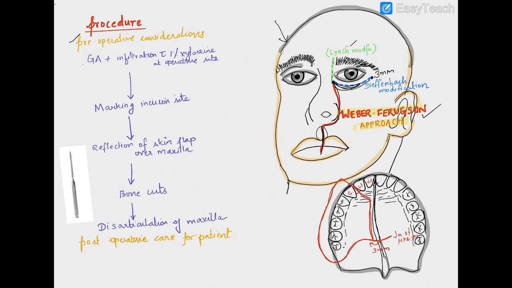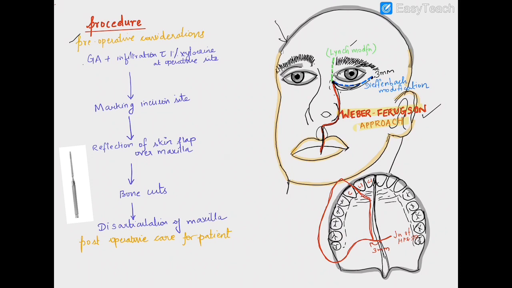Always getting the consent of the patient is very important because the surgery often leads to a lot of complications. The face is highly vascular, so there can be hemorrhage and bleeding. Sometimes there can be epiphora, because the nasolacrimal duct is near the medial canthus of the eye. That means uncontrolled tear secretion from the eyes. Or there can even be numbness of the entire cheek, because the infraorbital nerve is there in the cheek. So you have to be very careful not to injure the nerve. If you injure it, the patients can have numbness of the cheek, so you have to tell them and get the consent of the patient.